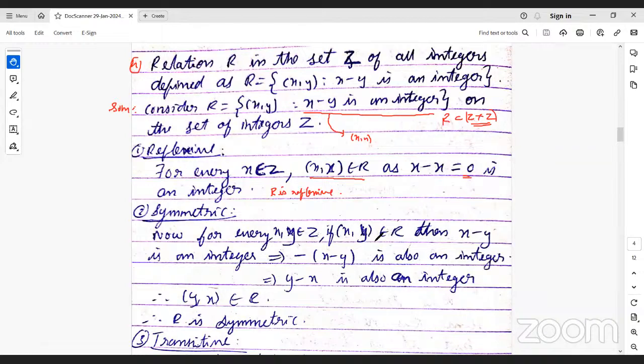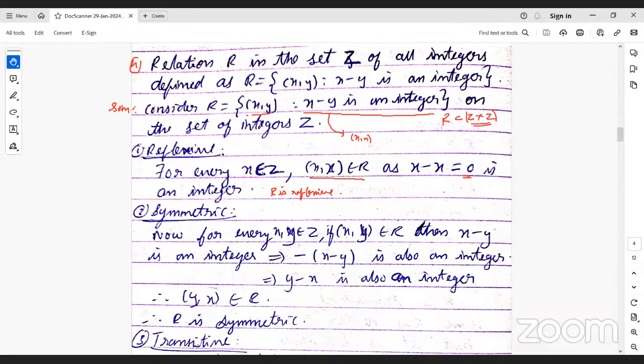to Z, see xy belongs to R. So xy will belong to R if x minus y is an integer. So see, if xy belongs to R, here we are considering this general ordered pair only, that is x comma y. So when x comma y belongs to R, it implies that x minus y